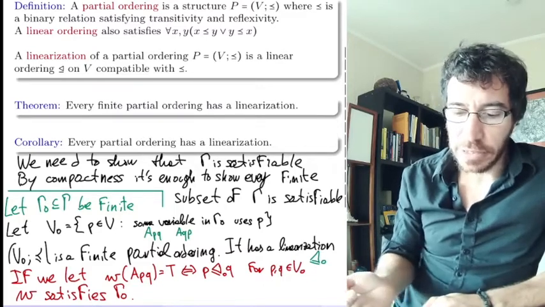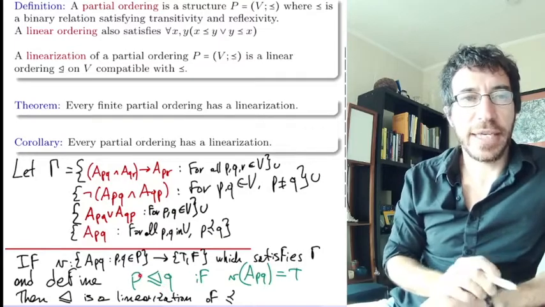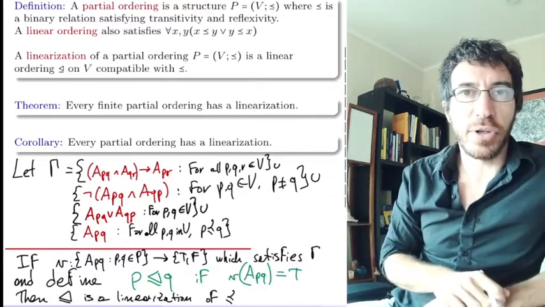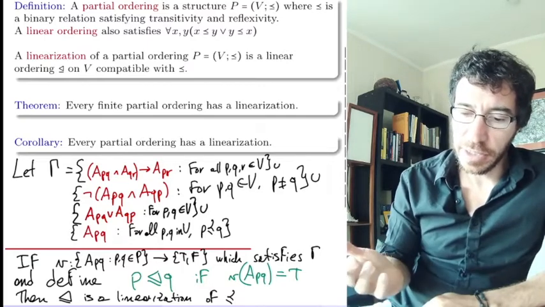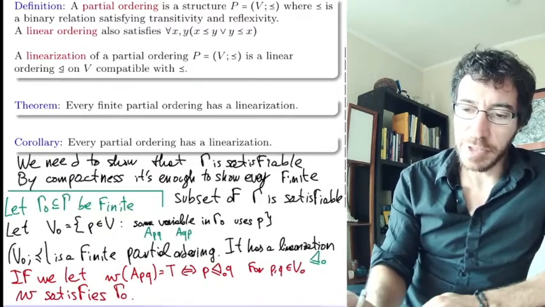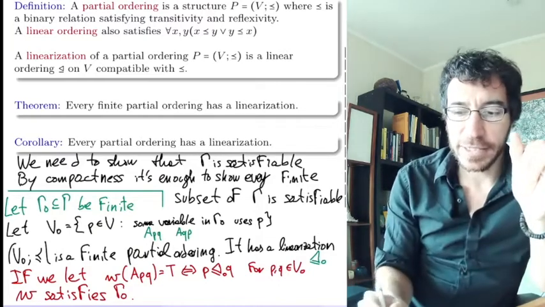Once we have that truth assignment, we define the linearization that we want. Since we have this partial ordering P, every finite sub-partial ordering is linearizable